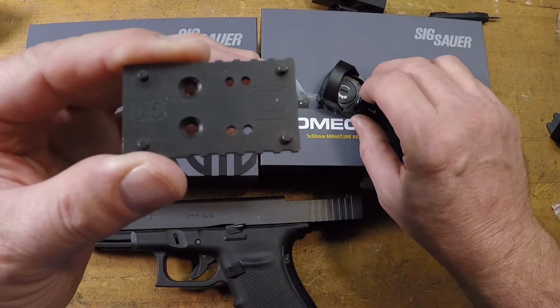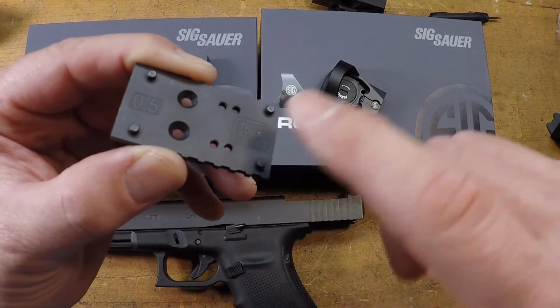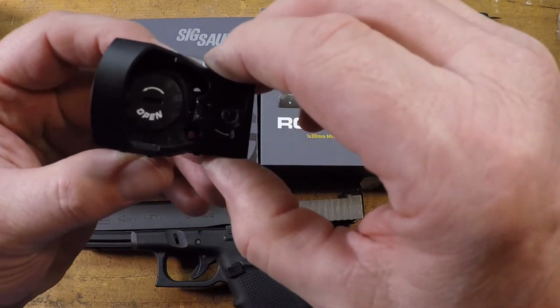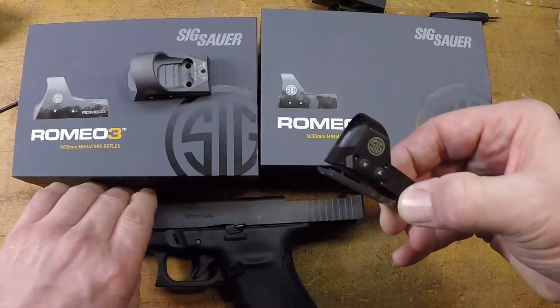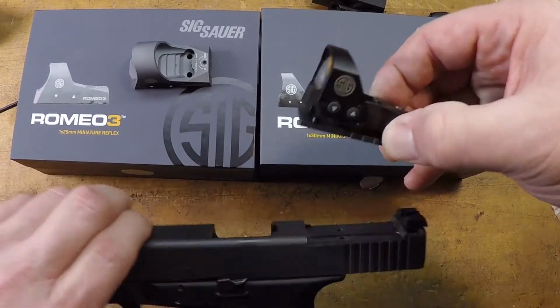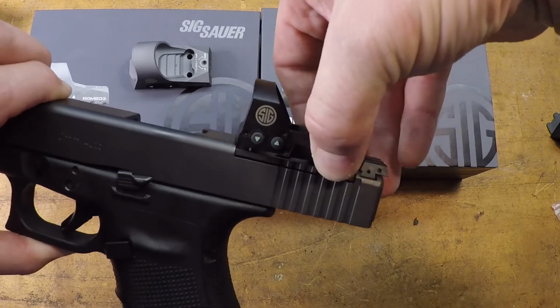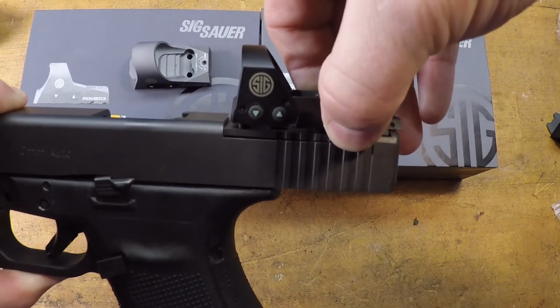So if you took a number 5 base and you shaved off these lugs, and you trusted only the machine screws to hold your sight in alignment, then you would be able to mount this system on your Glock MOS, which would kind of come out about like that. Alright. Now,